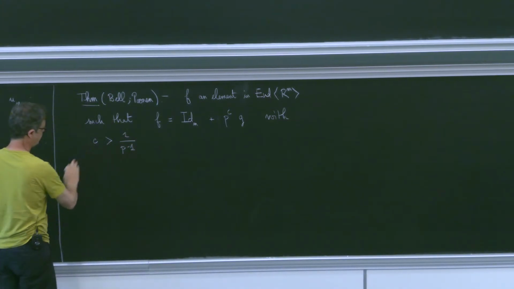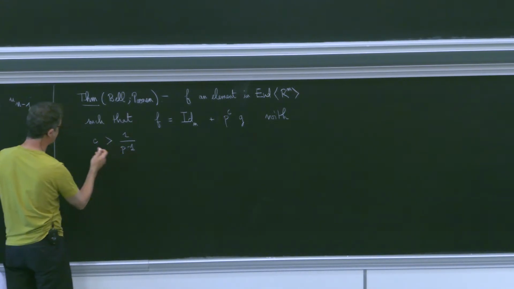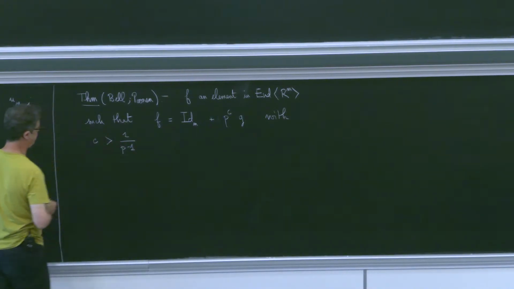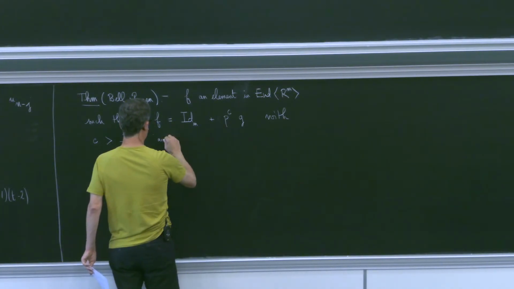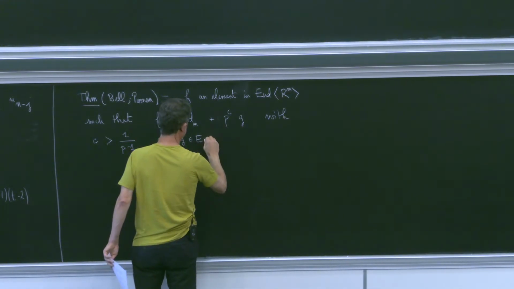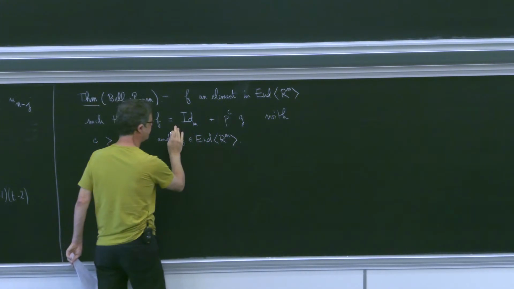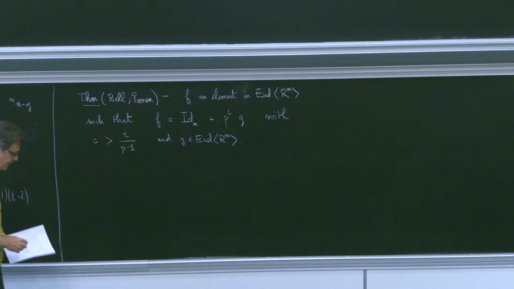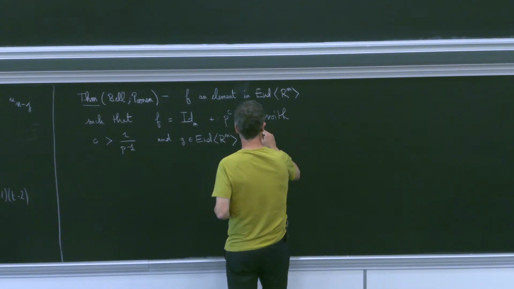Again, if c is an integer, it's just saying that it is at least 2 when p is equal to 2, or at least 1 if p is larger than 2. And G is an endomorphism of R^m. So it's just writing that F is the identity modulo p^c, in the sense that when you reduce the coefficients mod p^c, you get the identity. And then I wrote this, and I will correct it. So the statement is then